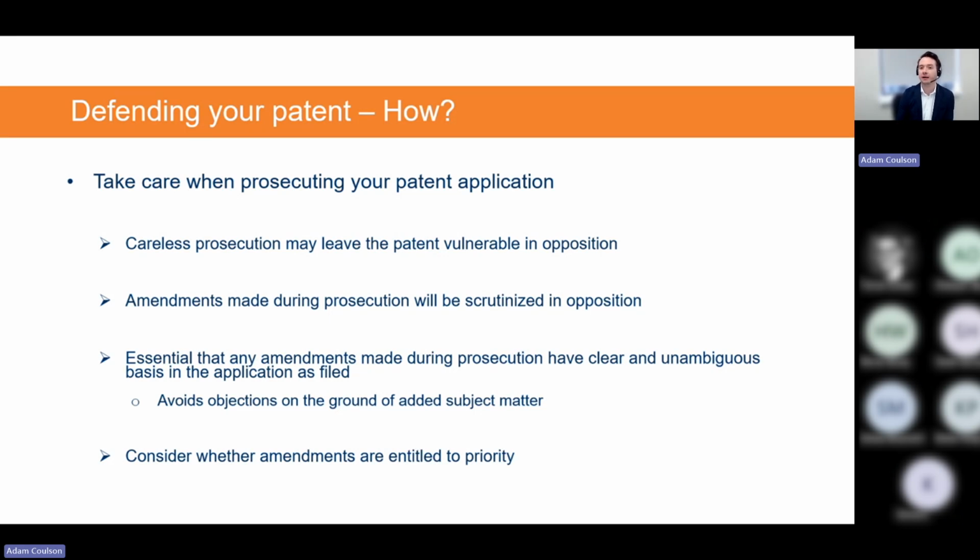There are also cases where an amendment is validly made in prosecution as there is clear basis for the subject matter of the amendment in the applications filed. But this subject matter is not in the priority document, and so the claim is not entitled to priority. As we previously discussed, this may bring into play prior art which was previously not of any concern. If that prior art is relevant to the amended claim, then this could lead to the patent being found to lack novelty or an inventive step.